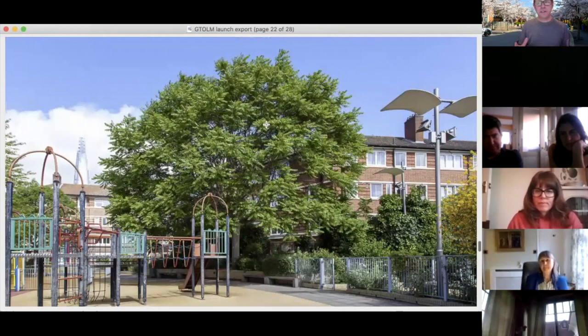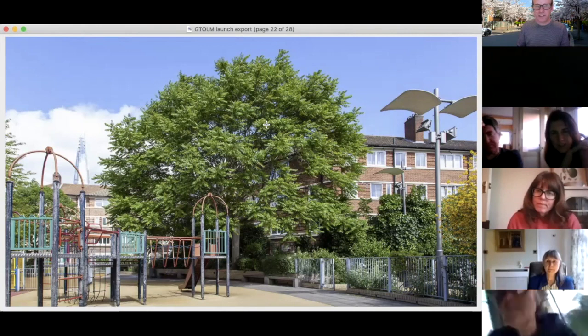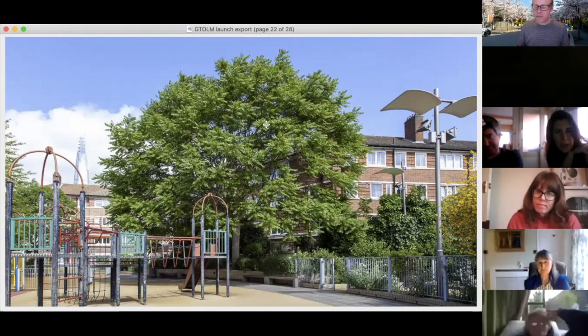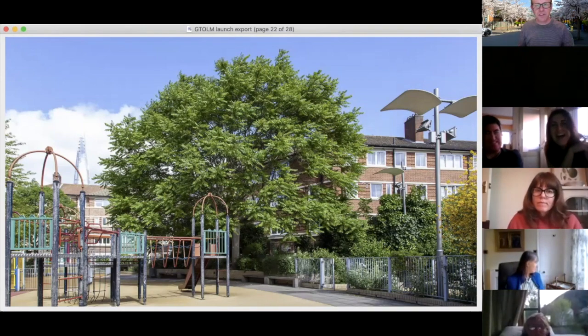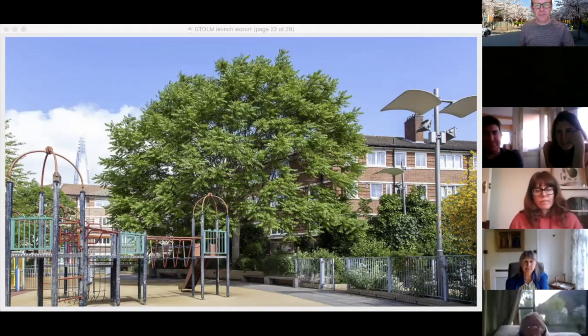The next one isn't a particularly exotic tree in terms of it being tender or any of that. This tree is more historical, and it's about 20th century history of greening, environmentalism and planting trees in London. This is a tree of heaven, Ailanthus altissima. It grows near Tooley Street, just off Tooley Street, and this was planted to commemorate Ada Salter, who was the great tree planter of